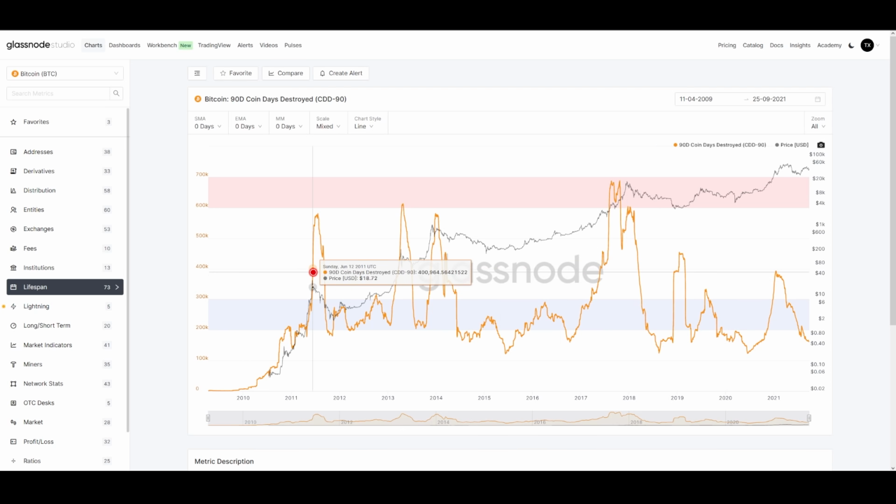And something else worth considering is that the longer this network exists, the longer that coins are able to sit for years and years, the more coin days conceivably can be destroyed in a given bull run. Back here in 2011, there were not that many coins that were a year old. In 2013, there were not many coins that were 2 years old. Now, in 2021, we have coins that are 10 years old. So this value over here in 2021 of coin days